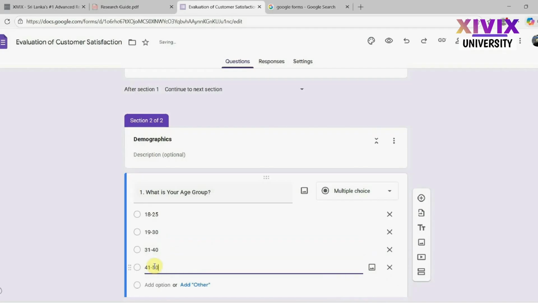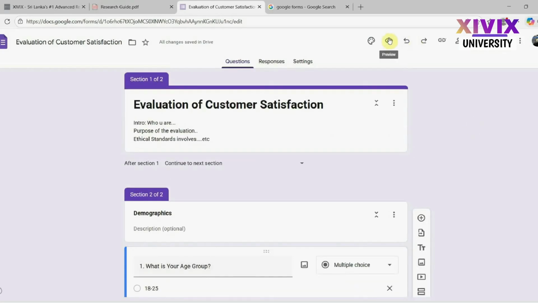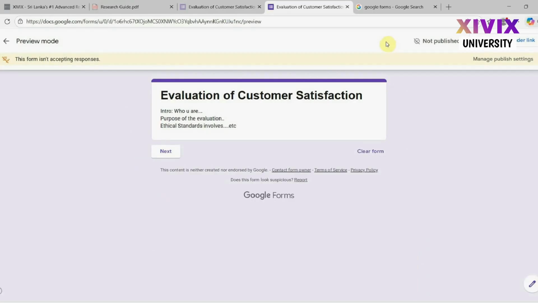Currently, I have selected multiple choice as the answer type. You can also change to linear scale, checkboxes, and etc. And you can tick this required toggle button to basically necessitate answering the question. And you can use this eye icon to toggle the preview mode, and then you can start responding